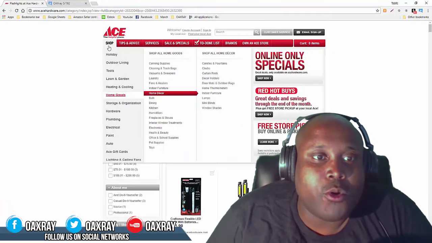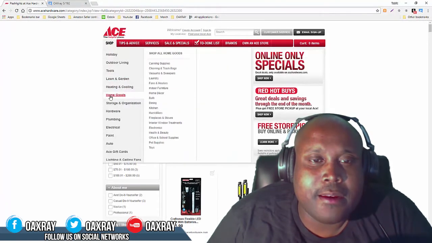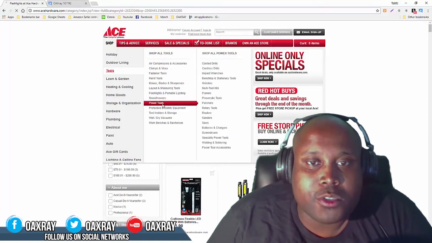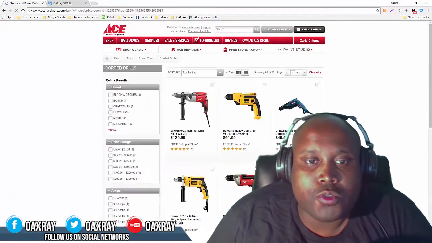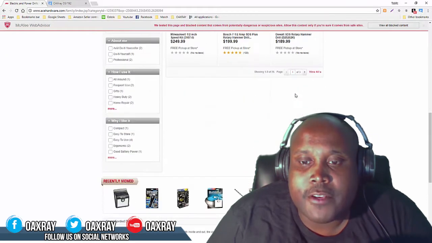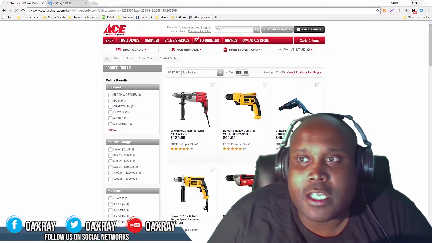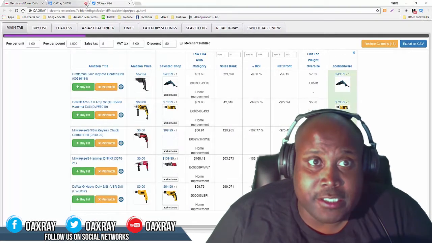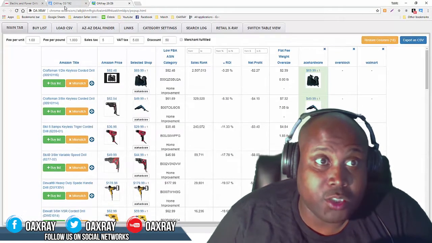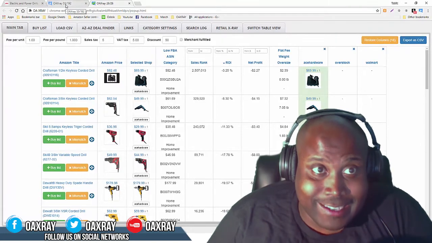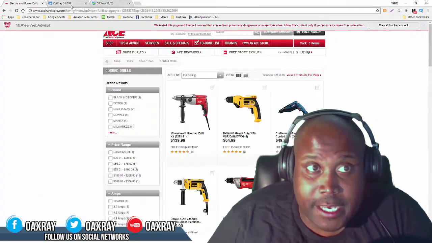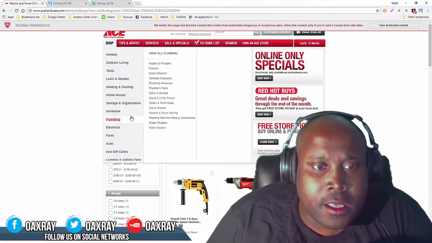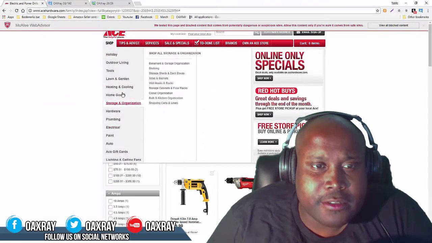the background. I'm going to go to shop, and then I'm into tools today, so let's go to power tools. I'll go to corded drills. And if I scroll down to the bottom, I can hit view all and run OAXRAY again. Since the pages are so large on this one, it's going to take a little while to go. There's 159 items on this page, so it's going to take a little bit longer than normal. I'm going to move on to a different